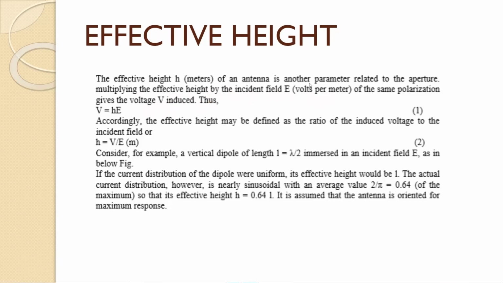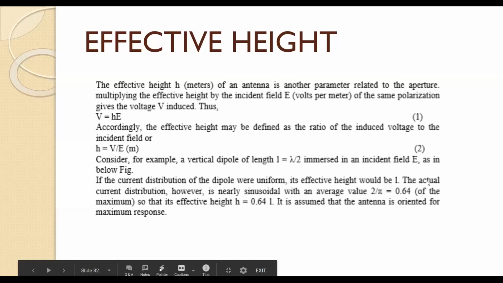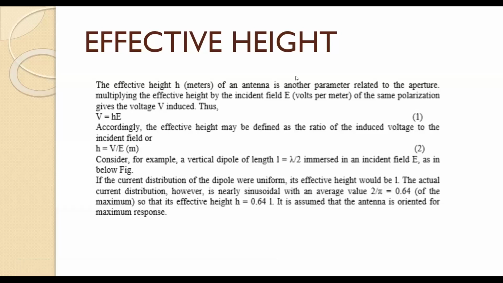In a particular antenna, therefore, what is V? Induced voltage. Very good. The induced voltage capital V is equal to the effective height multiplied by capital E. Effective height multiplied by capital E. Very good. So according to that,